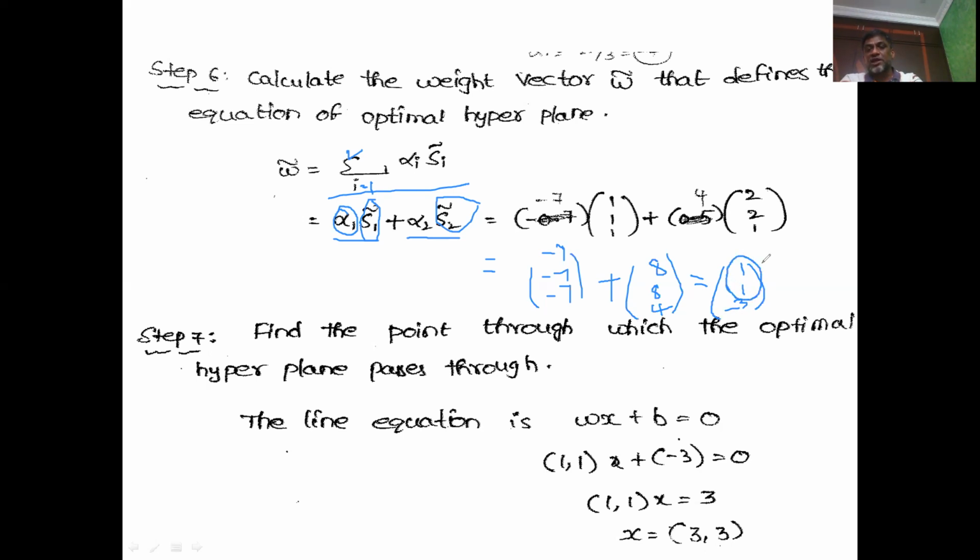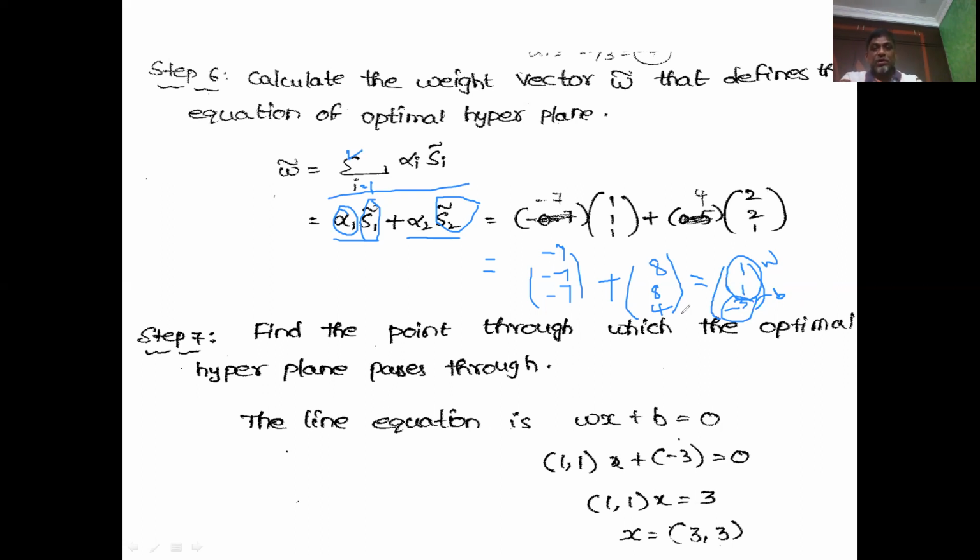Okay, so this is the weight vector we got, and the first two values, 1 comma 1, represent the weights W1 and W2, and this -3 represents the bias. Because we added the bias term as augmentation for the original input patterns, the third value becomes the bias term. The first two values are going to be weight terms. So 1 and 1 are weight terms, and -3 is the bias term.